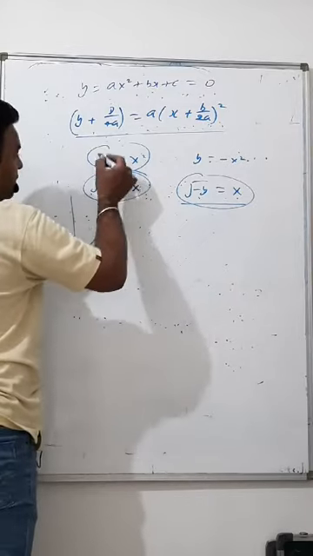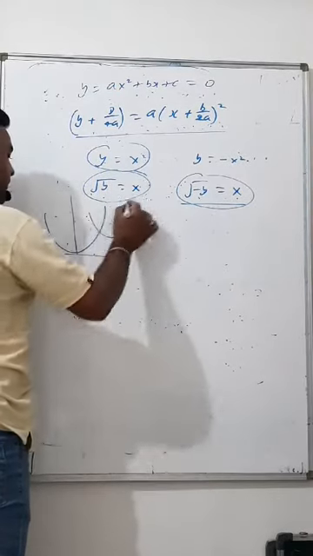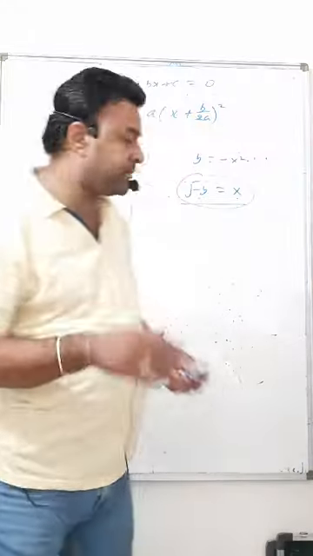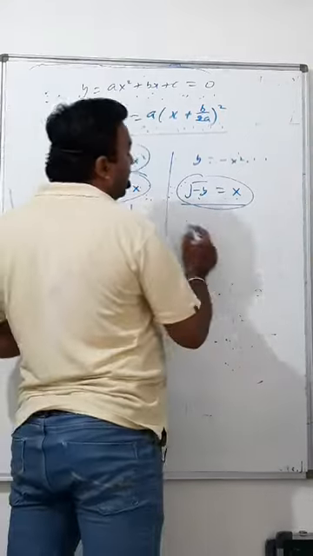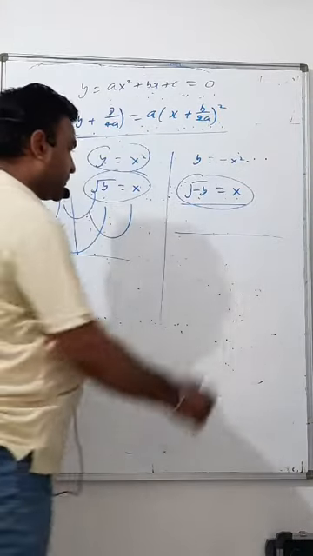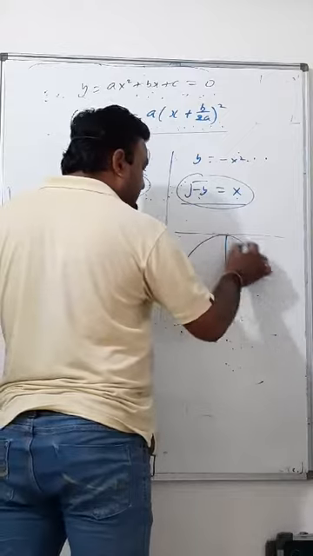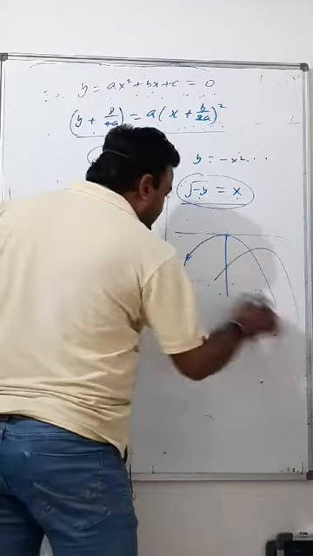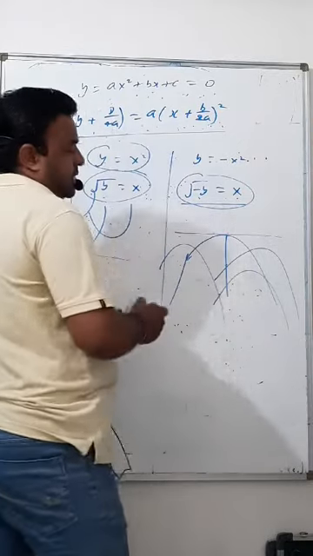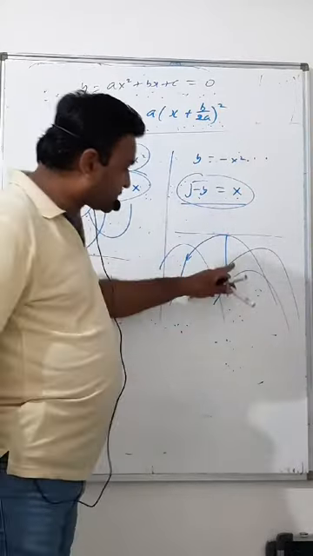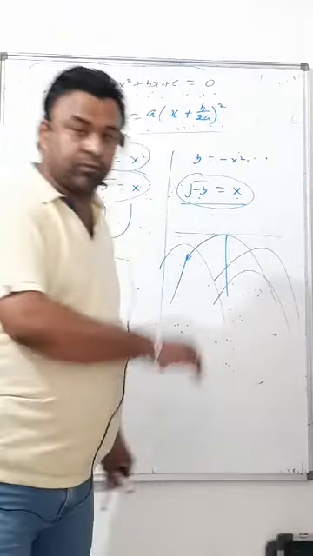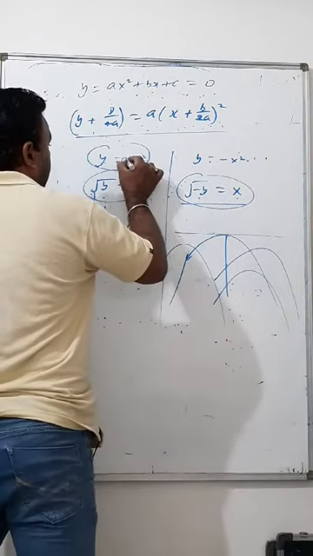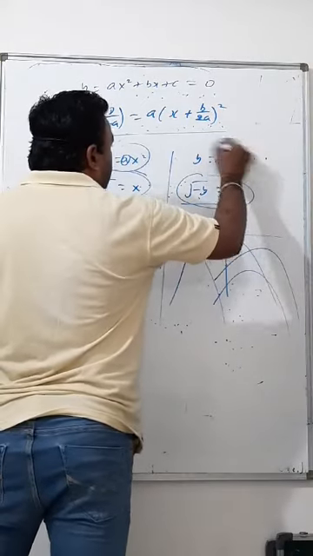If there are some constants, y plus y1, x plus x1, then it will be like this, like this, like this, but always opening upwards. Here, y must remain always negative. Then this standard one goes in this way. But if there are some constants, then it may go in this way, in this way, but one thing is very clear, that it will open downwards. Who is deciding whether it opens upwards or downwards? The multiplicand here called a.